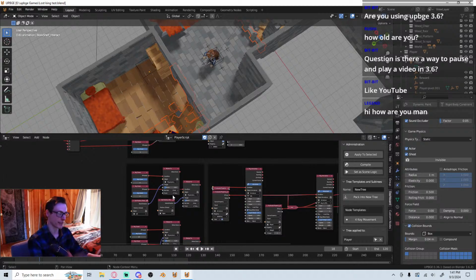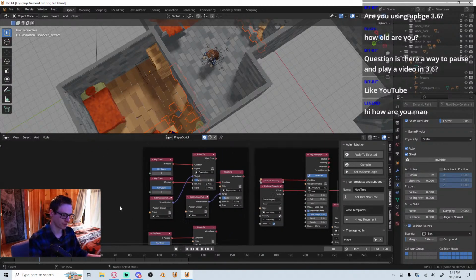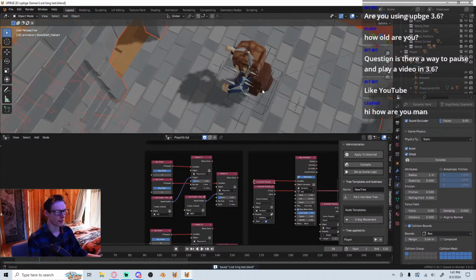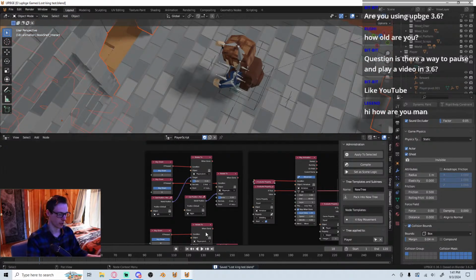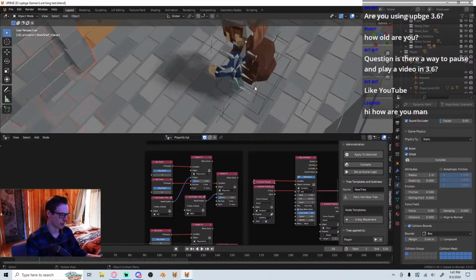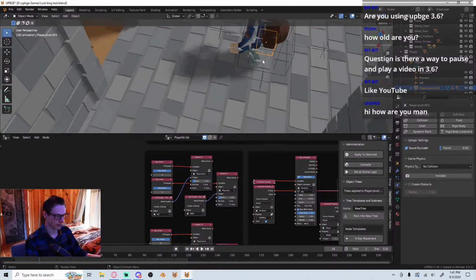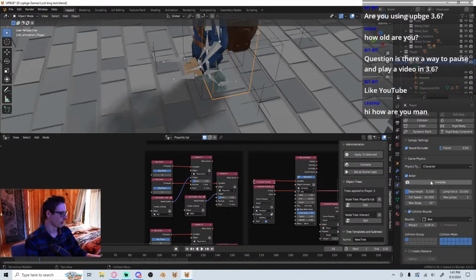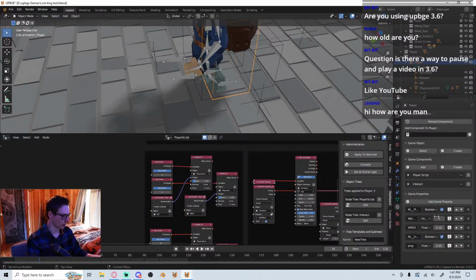It's gonna make it really messy though. We're gonna have some spaghetti if I do it that way. So I think currently what I'm gonna have to do, and I'm gonna have to do it anyways, is we're gonna have to lock the rotation, or lock the character movement. I'm gonna select the player, wherever the player object is here. There it is. And what I'm going to have to do is give it a new property, and this is going to be called